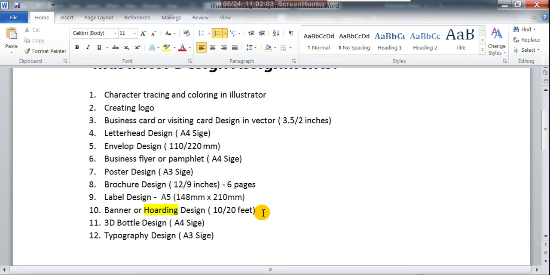So 10 by 12, 120 inches, by 20 feet. 20 feet means again 1 foot is equal to 12, 12 into 20, 240 inches.